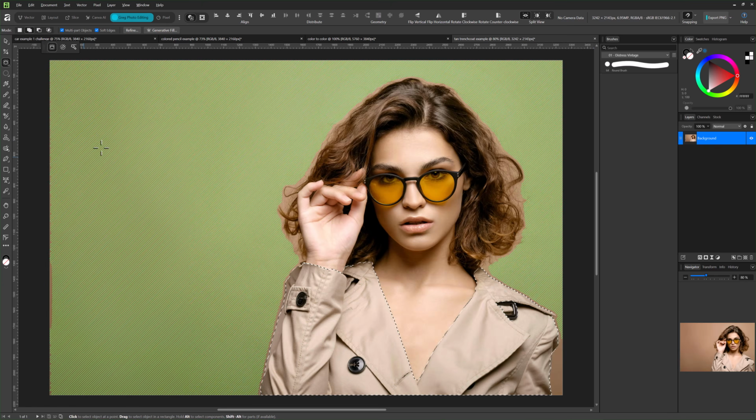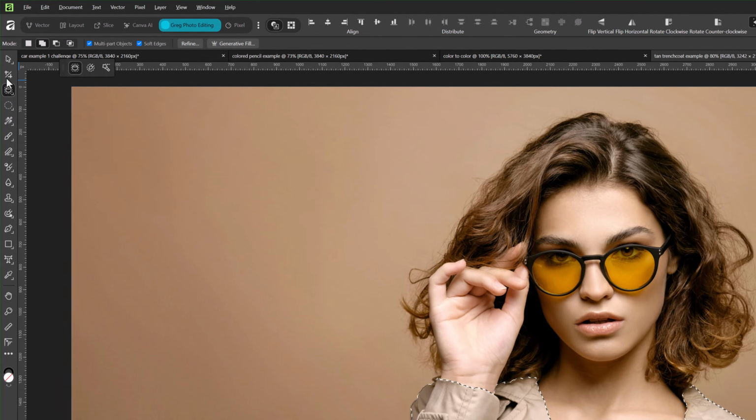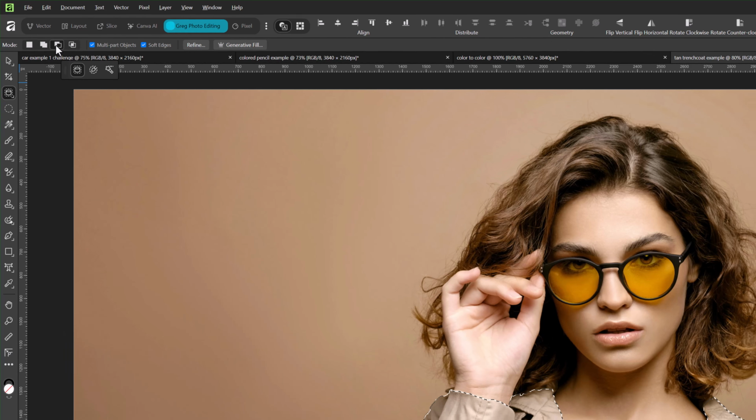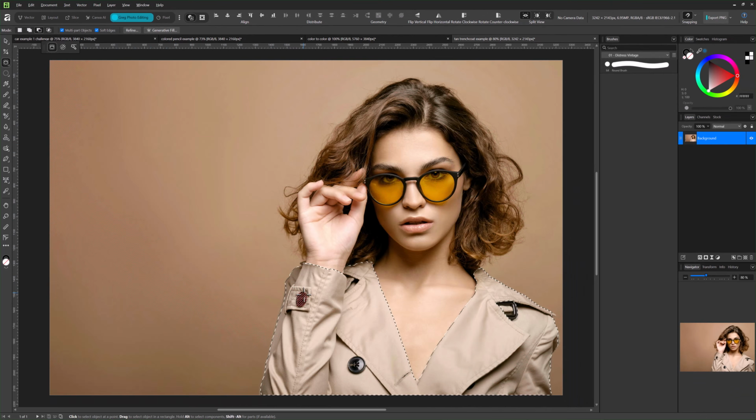Pretty much anytime you're using any of the selection tools here inside of Affinity, up in your contextual bar, you're going to have these different modes where you can either start a new selection, you can add to the existing selection, which is what we're doing now, or you can subtract or find the intersect. So if I go to subtract now, and I just come down here and hover, again still with the object selection tool, hover over these buttons, then suddenly I can take them and remove them from